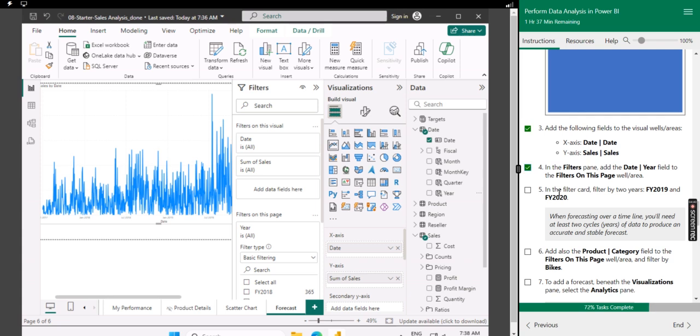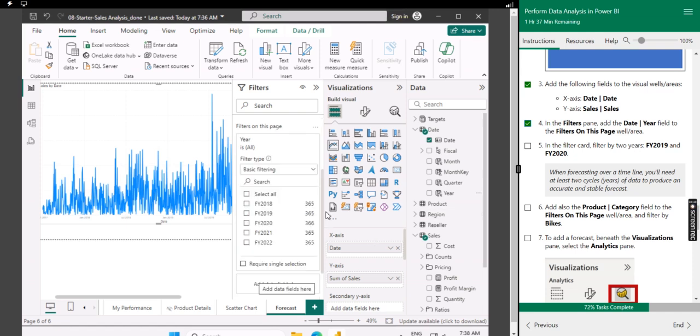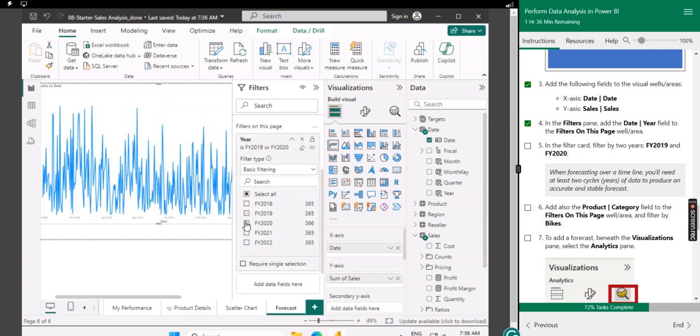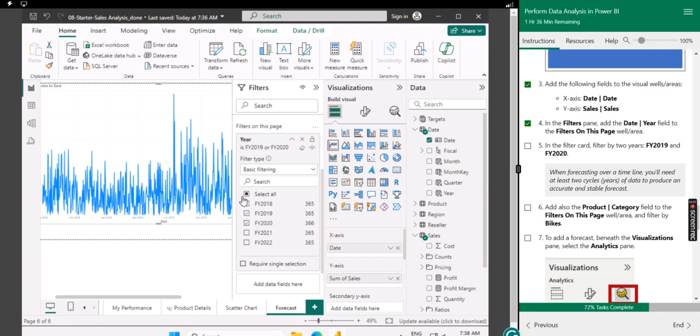Done. Now in the filter card, filter by two years, FY 2019 and 2020. You can see the data is resizing. When the forecast over a timeline, you will